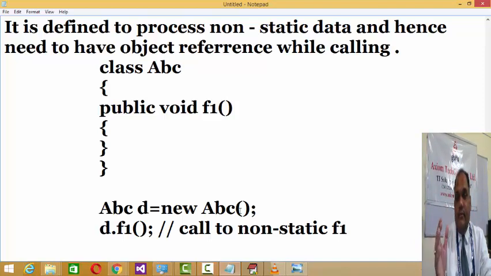So we need to define methods to process the data. And what is a method? It's an extended version of a function. A function is global in nature; it is not wrapped in any container. In case of a method, it is wrapped in a class. It belongs to a class.